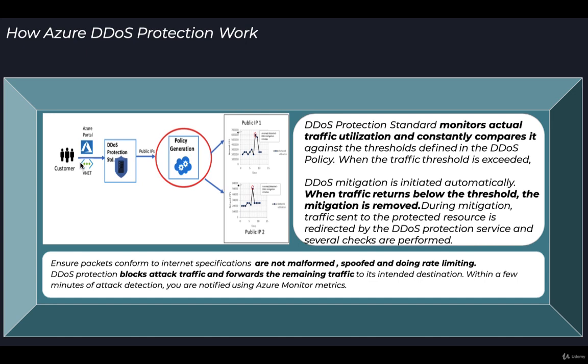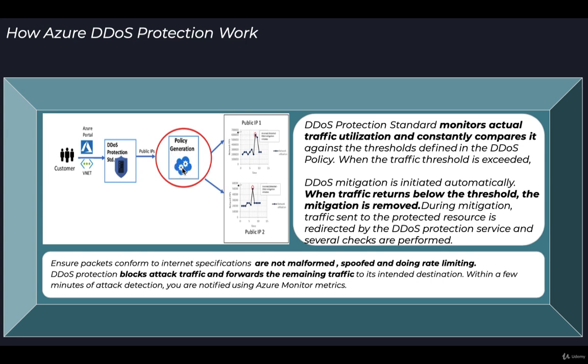Let's say in a day, the traffic passing through that particular VNet or resource, learned through machine learning, is 500 MB. In that case it will set a threshold around 500 MB, and as soon as the traffic increases beyond 500 MB, it generates an alert,